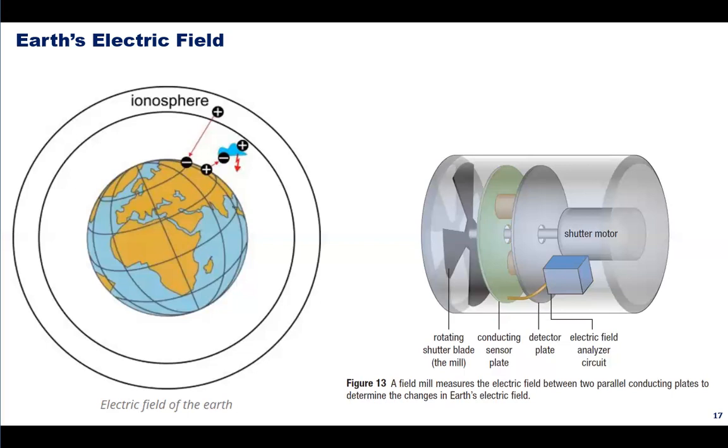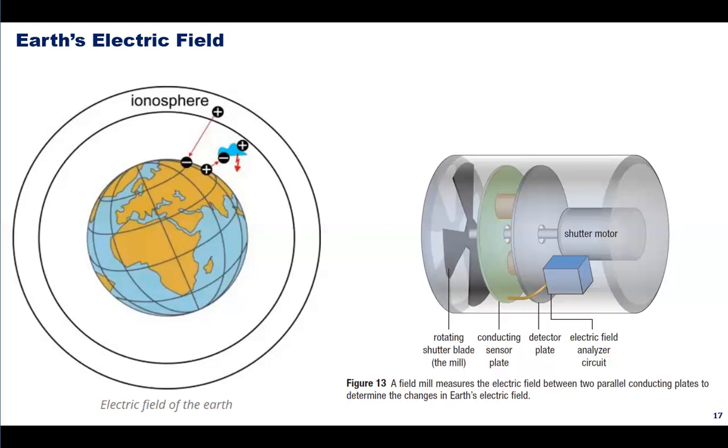The design of a field mill incorporates two circular conducting plates, which is shown here in figure 13. The conducting plate at the front of the mill is the sensor plate. This part of the mill is exposed to the atmospheric electric field. A set of motor-driven rotating shutter blades in the mill